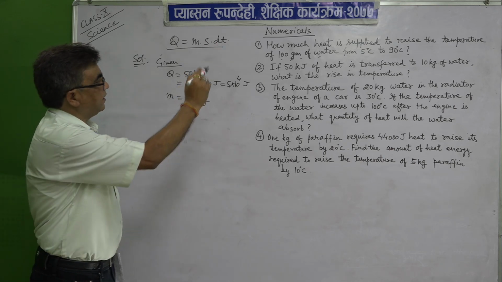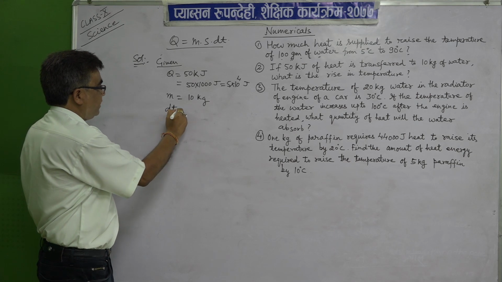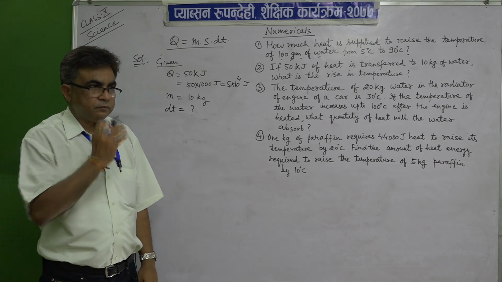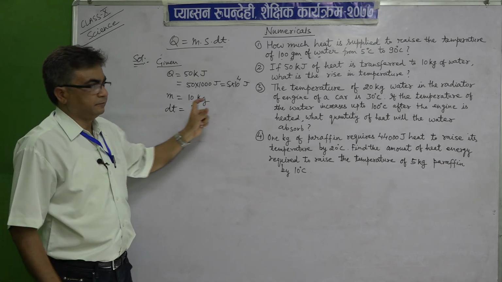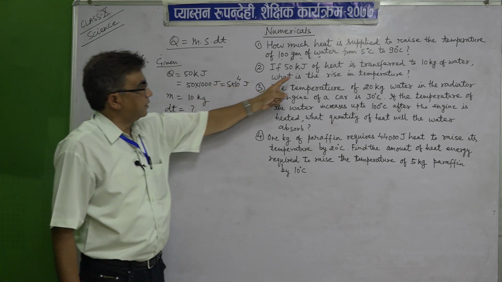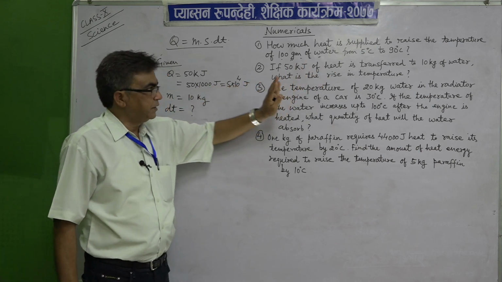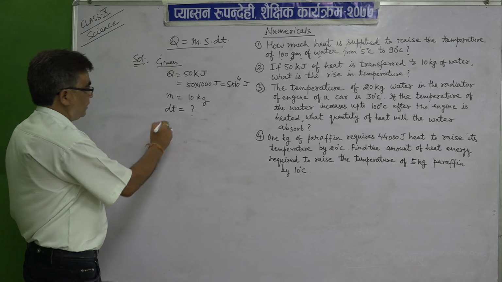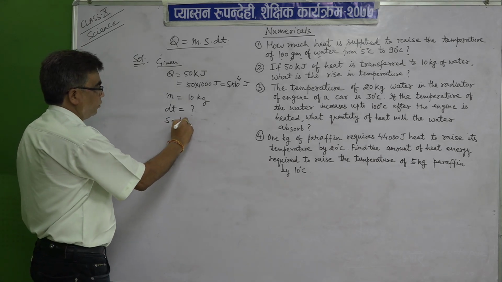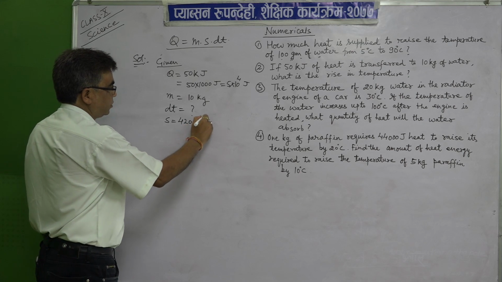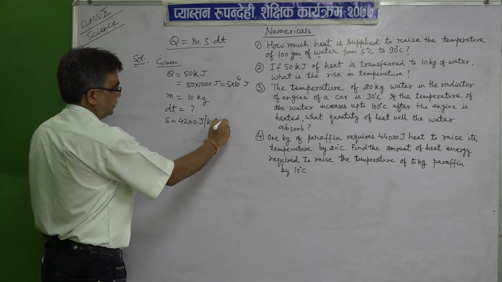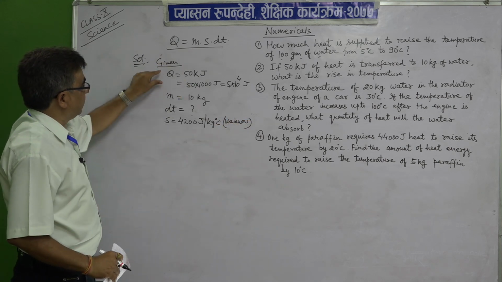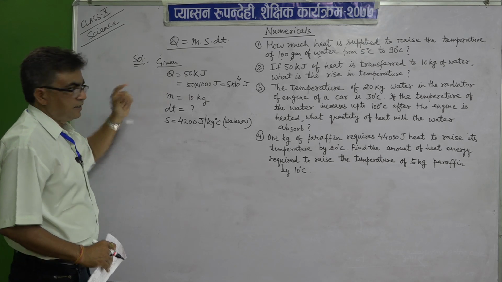So, what is the rise in temperature asked? That means dt is asked. You have to understand it in that way. Okay? Now, again the same thing here. The substance is water, and its specific heat capacity is not given, but we know that S for water is 4200 joules per kg degree centigrade. We know it. So, out of 4, 3 are known, the fourth one, dt, we can calculate.